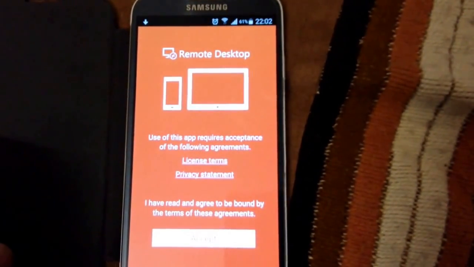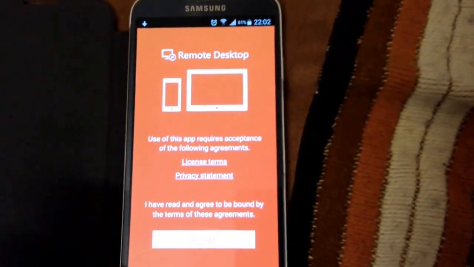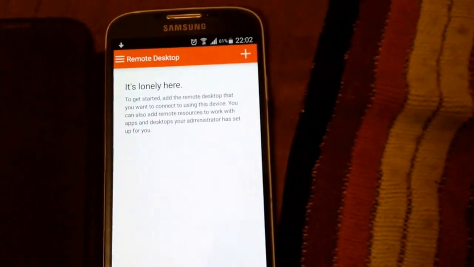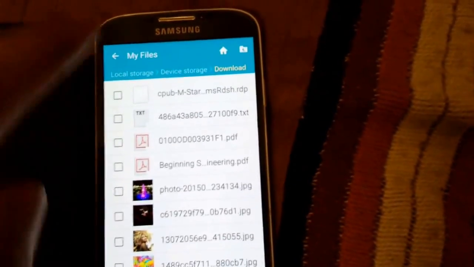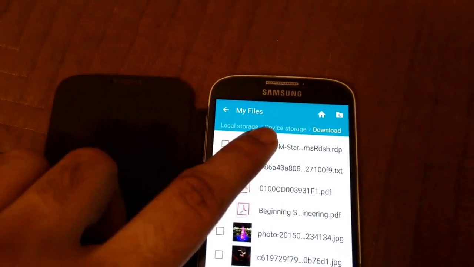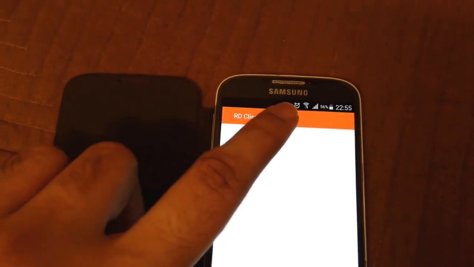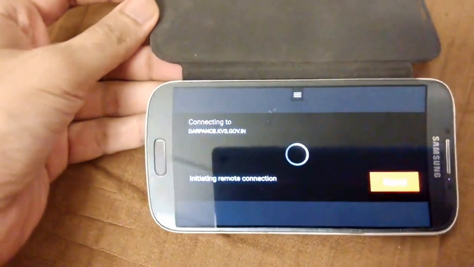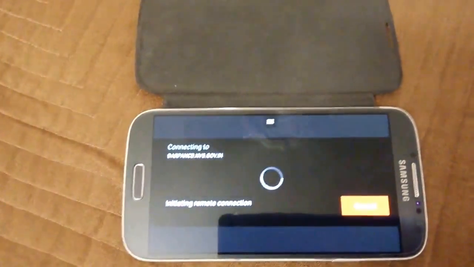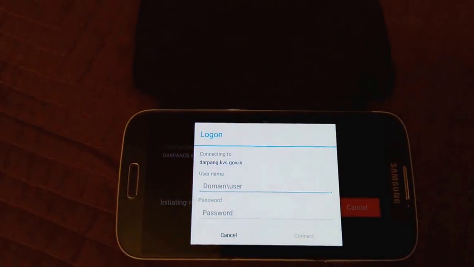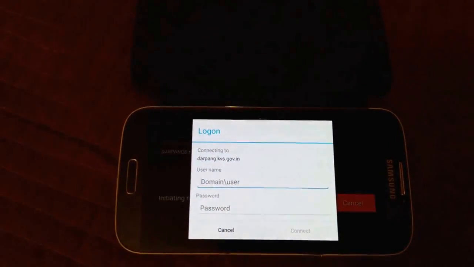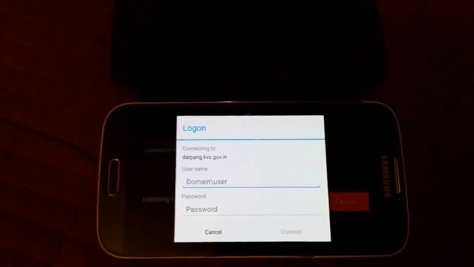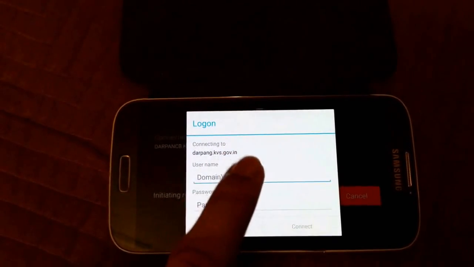Because this is the first time that we are accessing, we are getting this page. We need to accept it and we again have to go back to the RDP file and click it. So as soon as we click it, you will see it gets launched. It is connecting to the darpan.kvs.gov.in